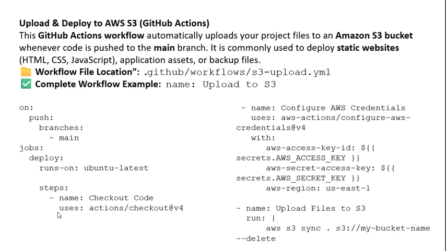- name: Check out the code, uses: actions/checkout@v4. This is the same pattern as in all the programs, the same structure. After that, - name: Configure AWS credentials, uses: aws-actions/configure-aws-credentials@v4, with: aws-access-key-id: